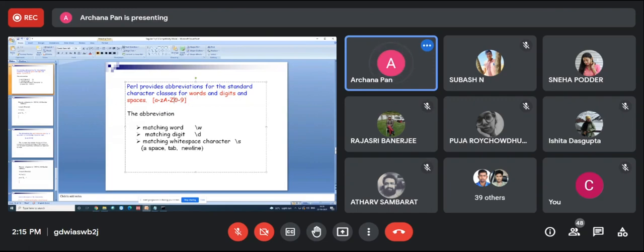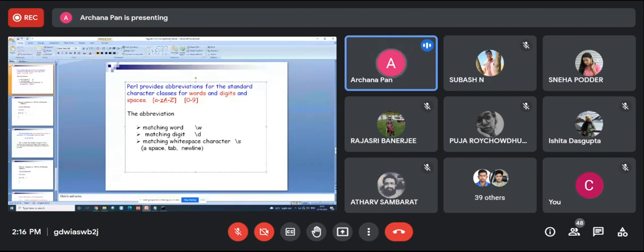Or if you don't want to use 0 to 9 for digits, that is plus for all digits.